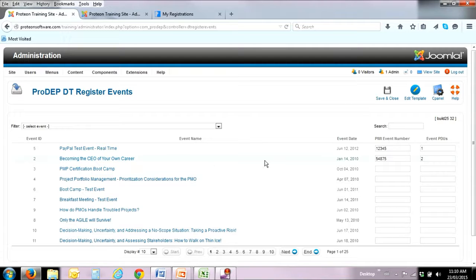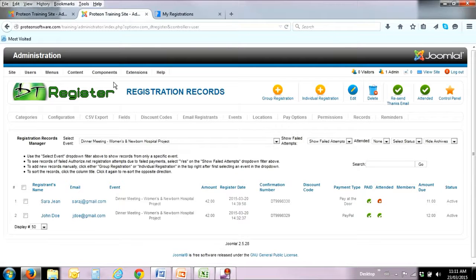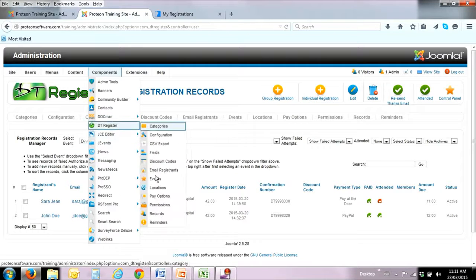Just for a clearer understanding of how this works, there are 2 parts to this. One, you would put your activity number here where it's requesting the PMI event number. You'd place the PDUs in here. Make sure your template is set up, otherwise there'll be a blank sheet, and I'll show you that in a second. The second part to this is when you've navigated to DT Register, so here, DT Register,